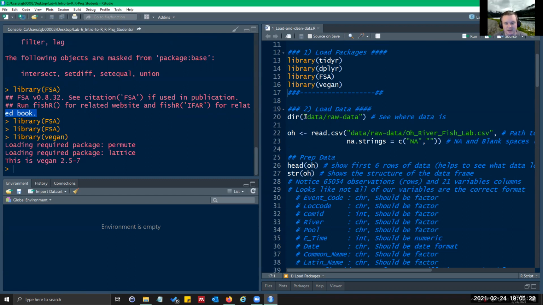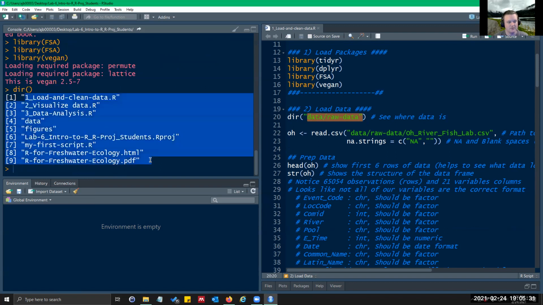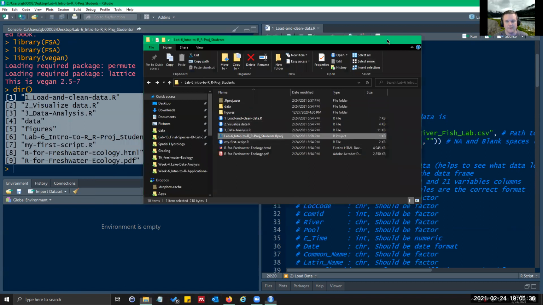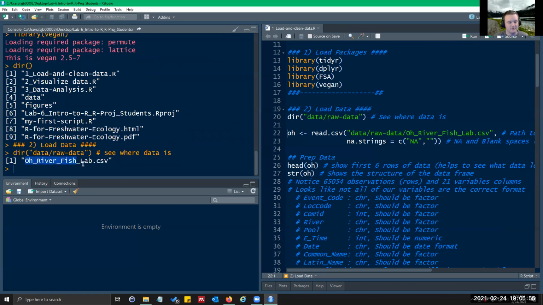So this directory command, it is a way to just show what's in a folder. So if I just type in directory, it shows me what's in my main working directory, which is that folder I showed you right here. But here, if I type a path in, which has to be in quotations, so I want to look inside the data folder, and then within that, you have to use this to separate folders and items. I want to look inside the raw data folder, so I can see I have this CSV file here.